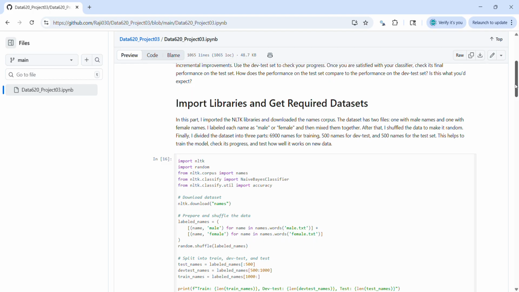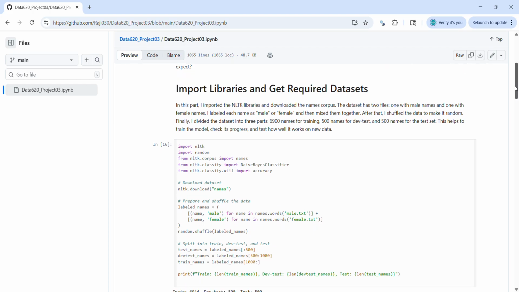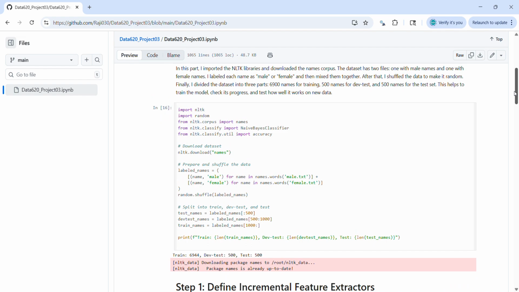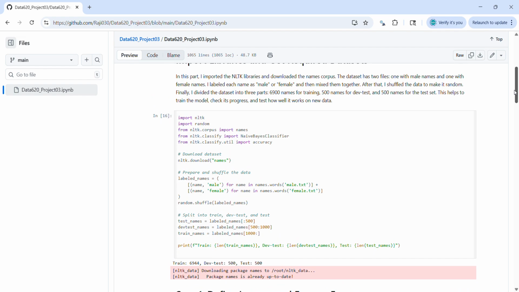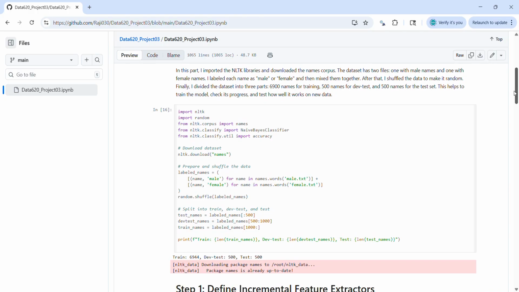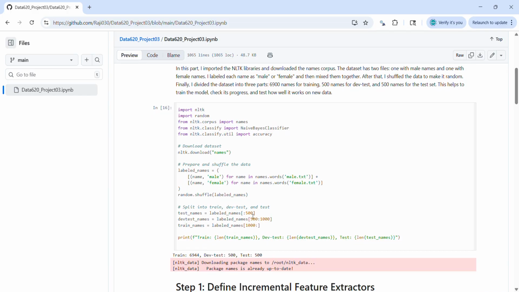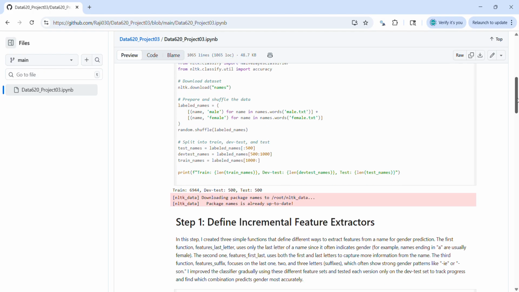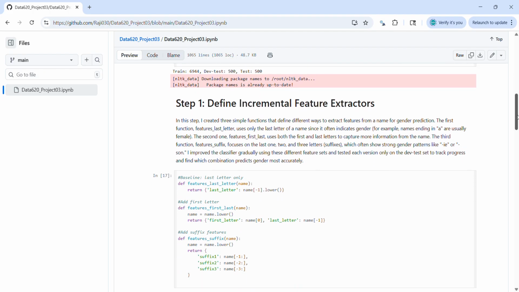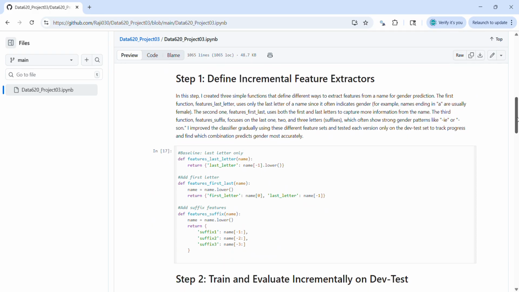So here are the libraries that I used in this project, and I'll take random and other features or functions from those libraries. And then I downloaded the names dataset, and then I labeled each name as male or female and then mixed them together. After that, I shuffled the data to make it random. And as you see, finally I divided the dataset into three parts, and